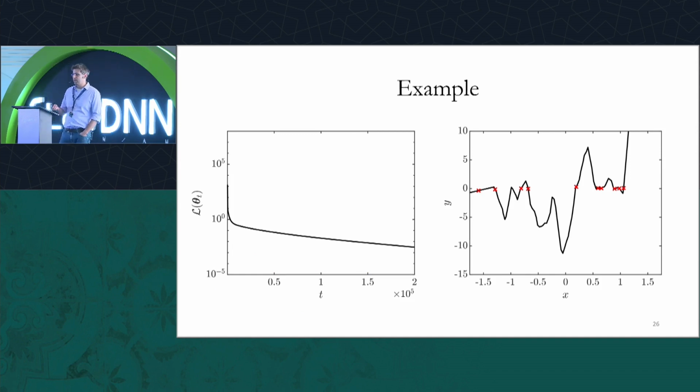So if we train a neural network with some small step size, we see the loss function decreasing, and we get a function that perfectly fits the data points, but this function is changing rapidly. It has high frequencies, or overfitting. However, if at some point we increase the learning rate and train with this high learning rate, we see that the function we get in the end is much smoother, at least in the middle part. There is a large slope at the end, but in the middle it's much smoother. So this seems like it's overfitting less.